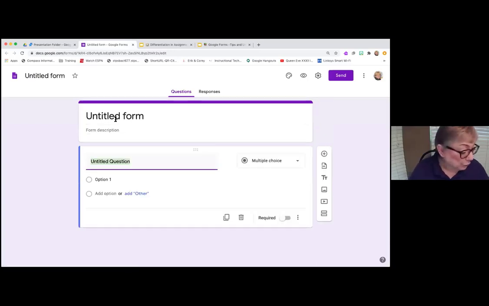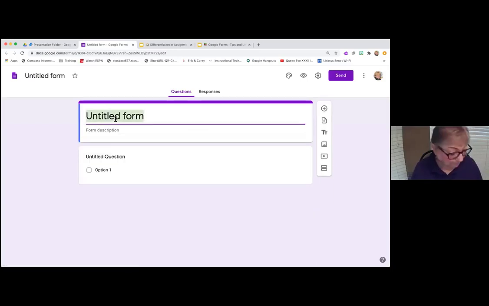So the first thing I'm going to do is call it Quiz Template OR. OR, in my head, is going to be regular education students. So I'm going to differentiate between my regular education students and my special students. Special students may need extended time. They may need to take the quiz more than once. They may need fewer choices in the multiple choice. They may need fewer questions on the quiz. So the first form that I'm going to make is going to be the Quiz Template OR.